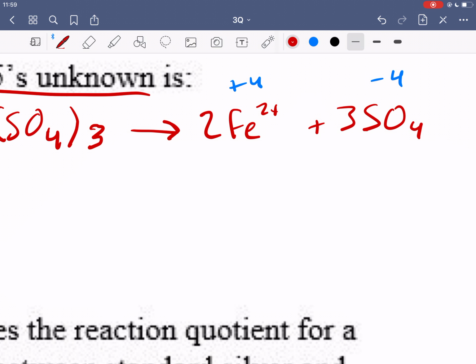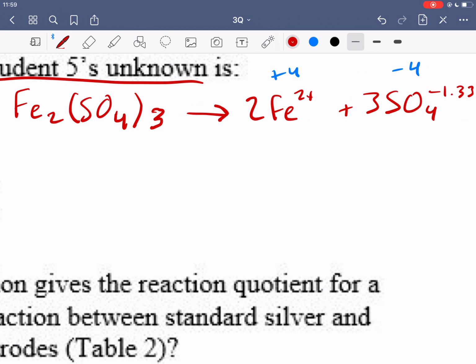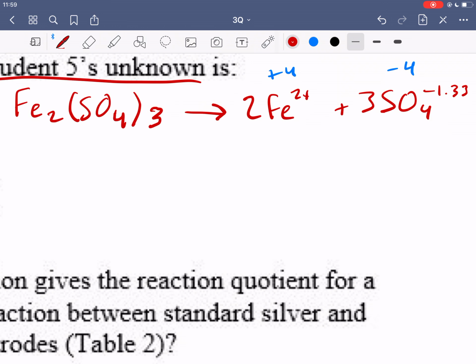That would be like 4 divided by 3, so that would be like a 1.33. That makes no sense. So if you had no idea and you were just to try it out, like what if there's a +2 charge, then you would see that it doesn't really make sense. And so you should be able to choose the other charge for the iron and figure out that it's 3+